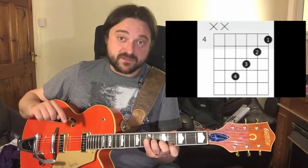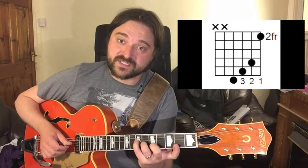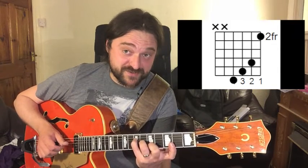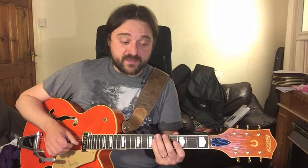Then we have this little movement in melody from major 7 to 6 of the chord. So as you can see, I moved my index finger to 2nd fret, which is quite a stretch. Okay. But there is also another way of doing it that won't require the stretch from 2nd to 7th fret, and